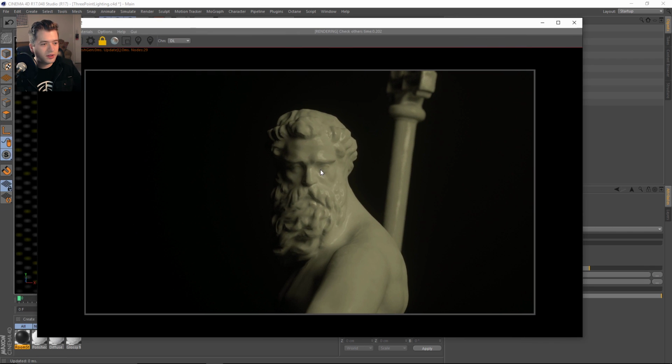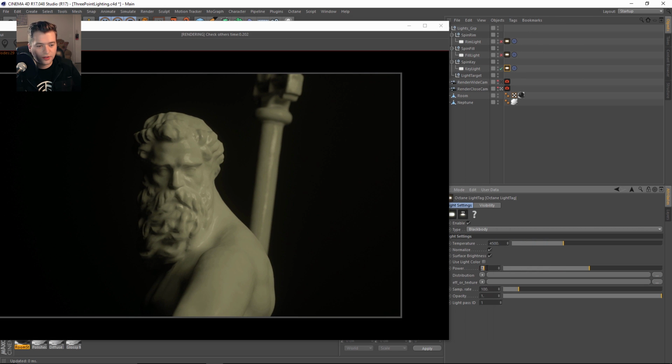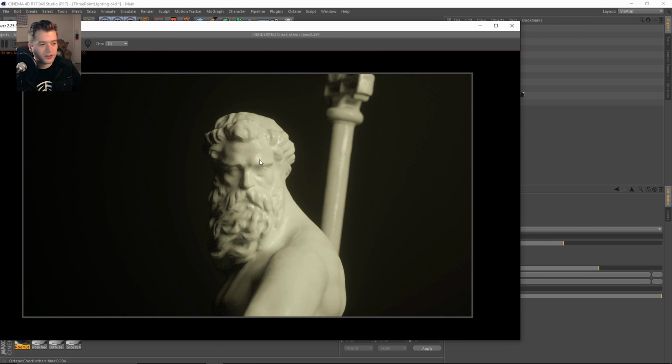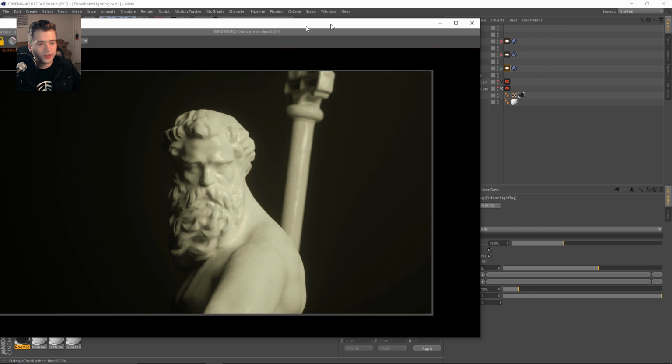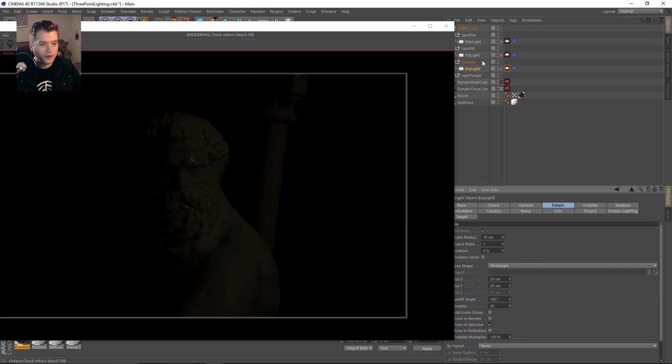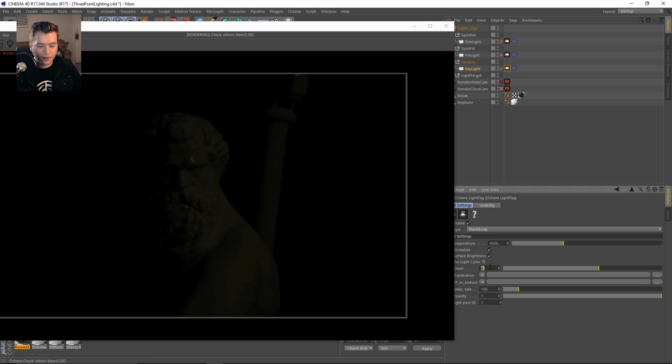But you can see that this is a completely different story being told than having a small crisp light, because the shadows are a lot softer. It's a lot more flattering for this example. But let's just keep it very simple, 20 and 20. And let's go back to 600.